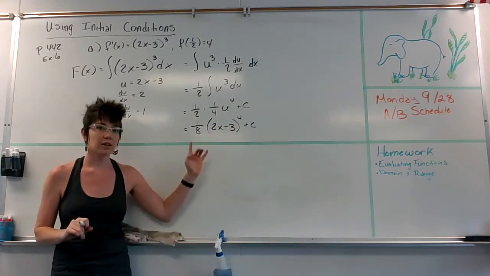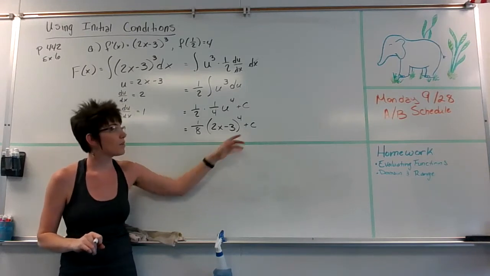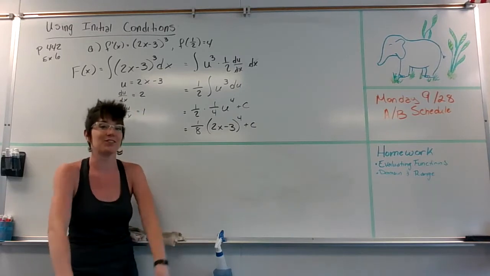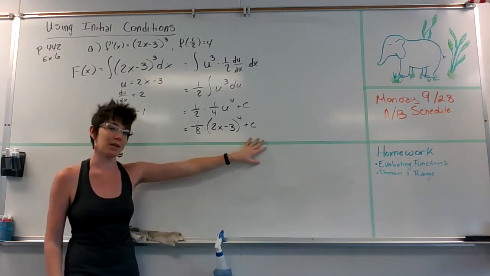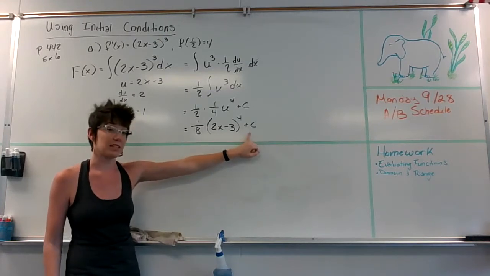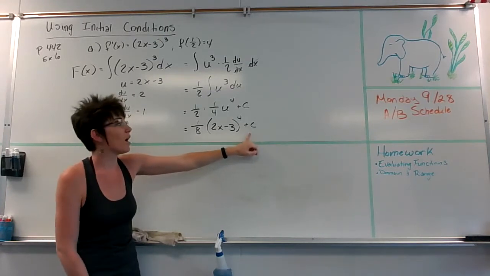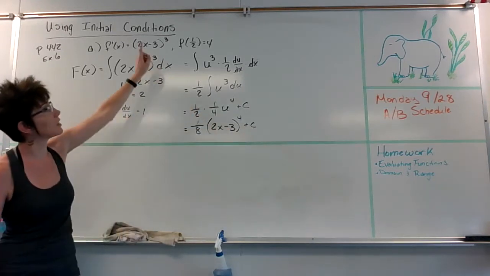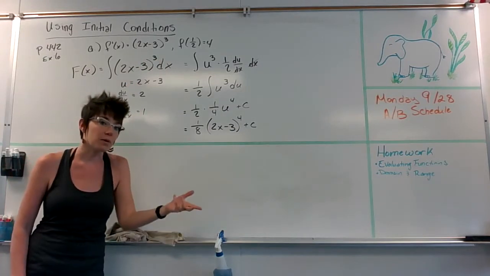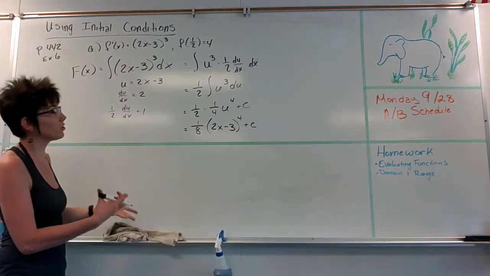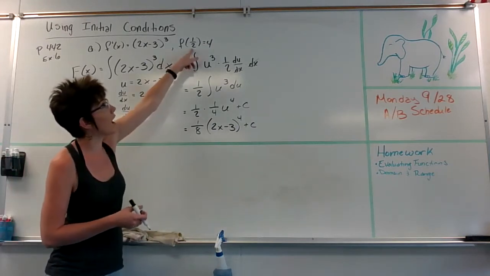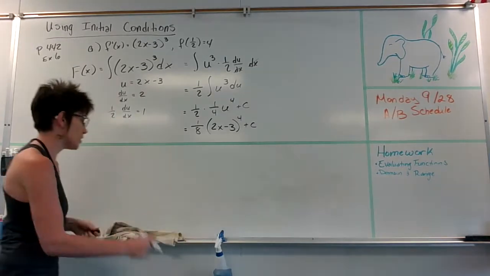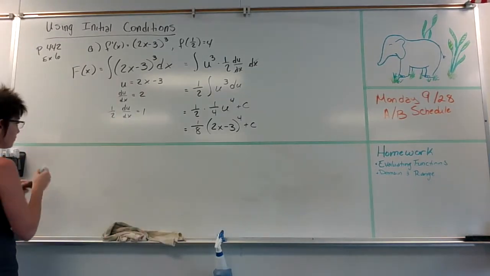Okay, so if I'm taking a look at this at this point, that plus c is not actually what I want. What I'd like to do is find the actual exact original equation. This is really a family of original equations, where c represents any real number value. So to find the specific one, I need to use this initial condition, which is technically a clue about that original function. If I plug in 1/2 for x, I would get 4 as my y value, I'd get 4 as an output. So to use my initial condition,